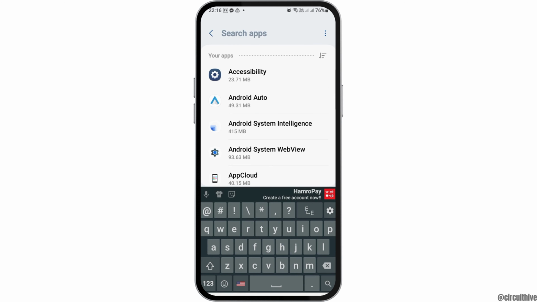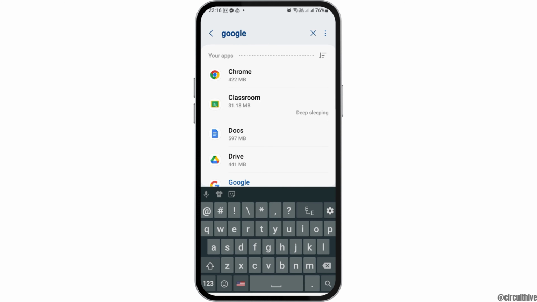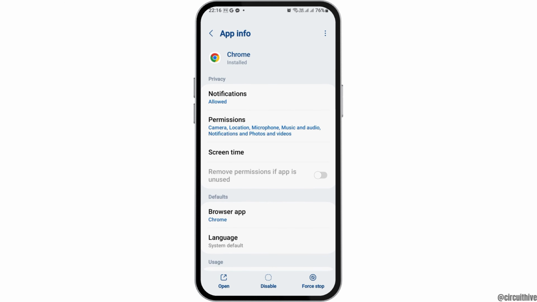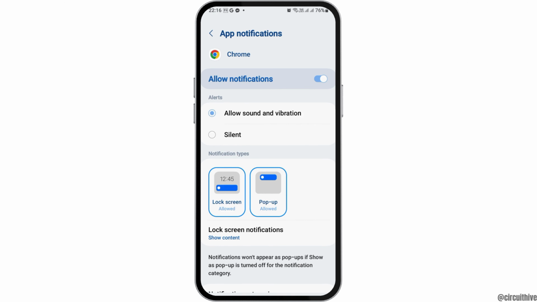Now in the search icon, you have to search the Google Chrome. And after you search Google Chrome, you can see an interface like this. Now you have to tap on the Chrome there. After you tap on the Chrome, you can see an interface like this. Now you have to tap on the first option, that is notification, and enable allow notification and allow sound and